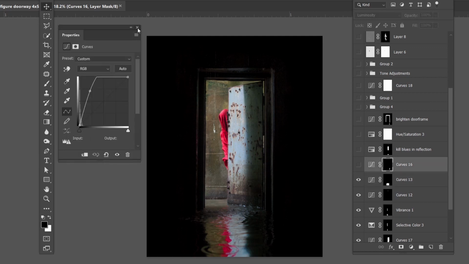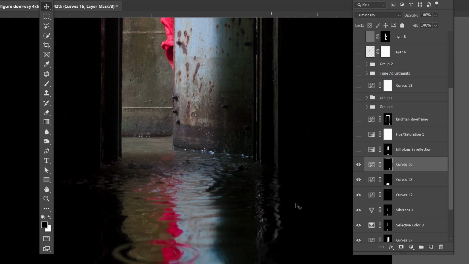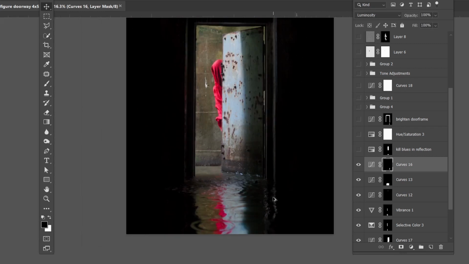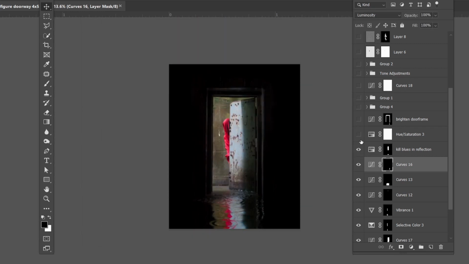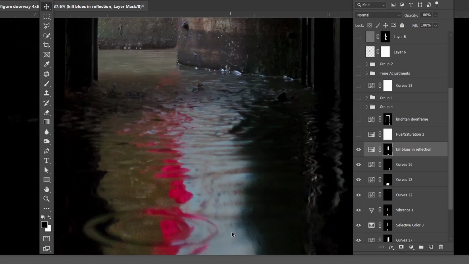Yeah, way up. And bringing some detail back into the reflection. Yeah, it's a nice detail. Might as well pay attention to it. Kill blues in reflection. Okay, down there. Okay, yeah, you can see that it's